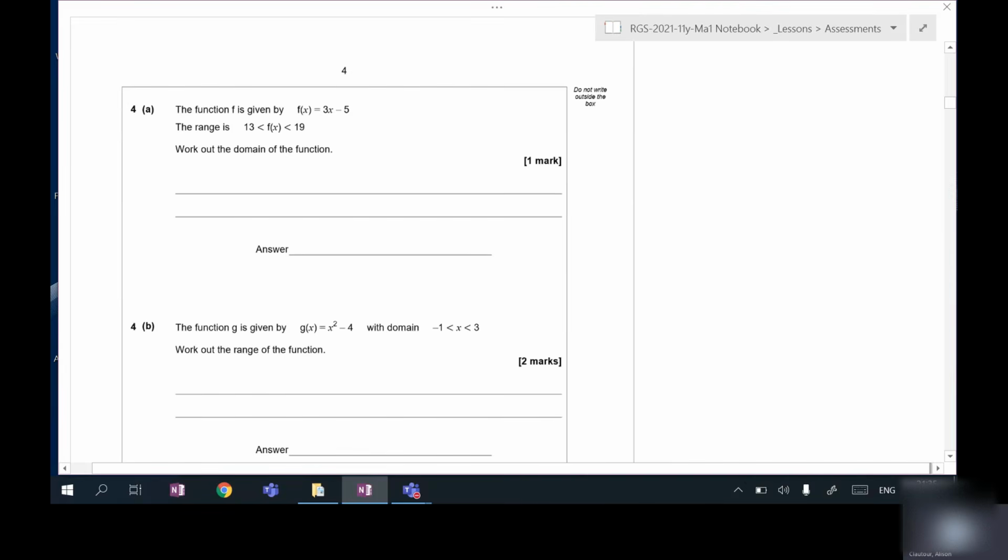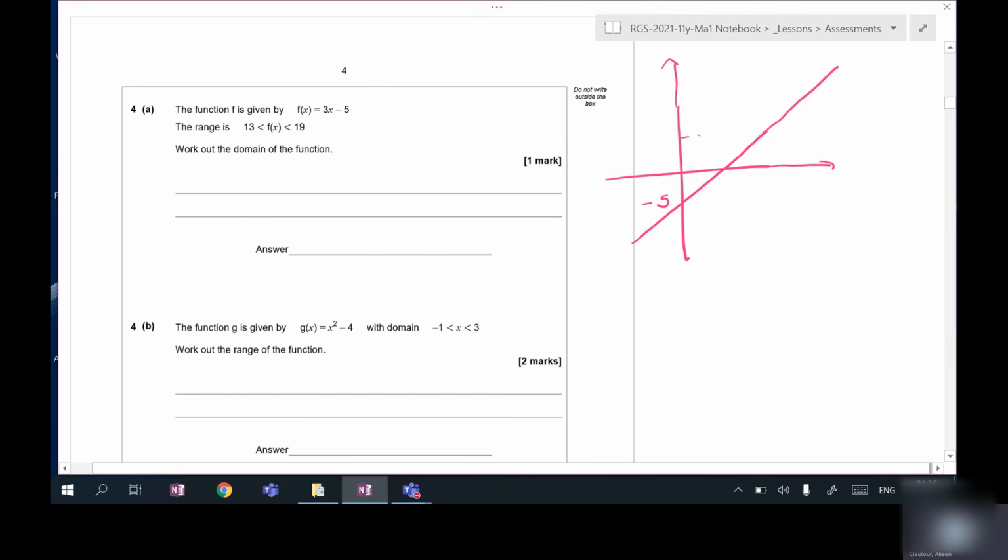Okay, domains and ranges of functions. So the function is given by 3x minus 5, and it gives us a range for the function. The first thing you should do with any question with domains and range is draw the graph. So 3x minus 5, a bit like the last question, just a general sketch. It's got a positive gradient and it's got a negative y-intercept, so that's going to be minus 5 down there. And then the range is from 13 to 19. So I don't want the whole graph. I just want